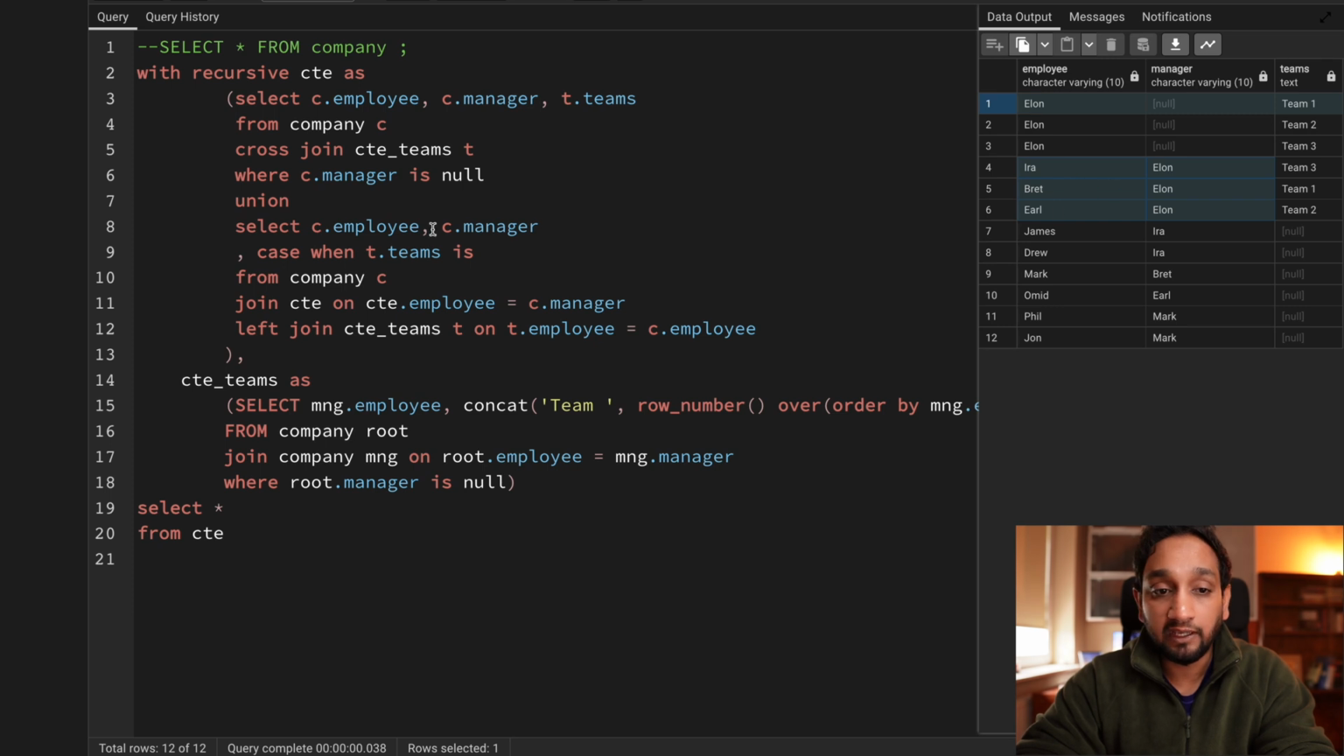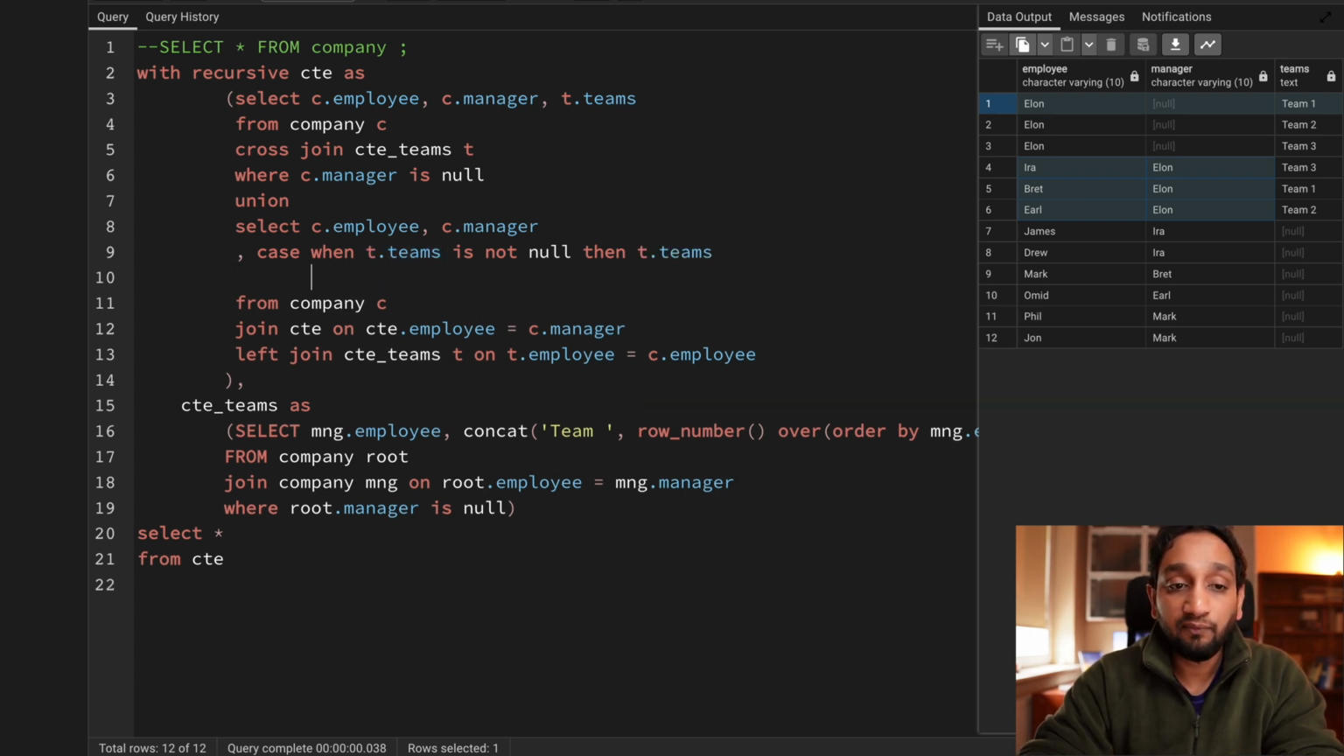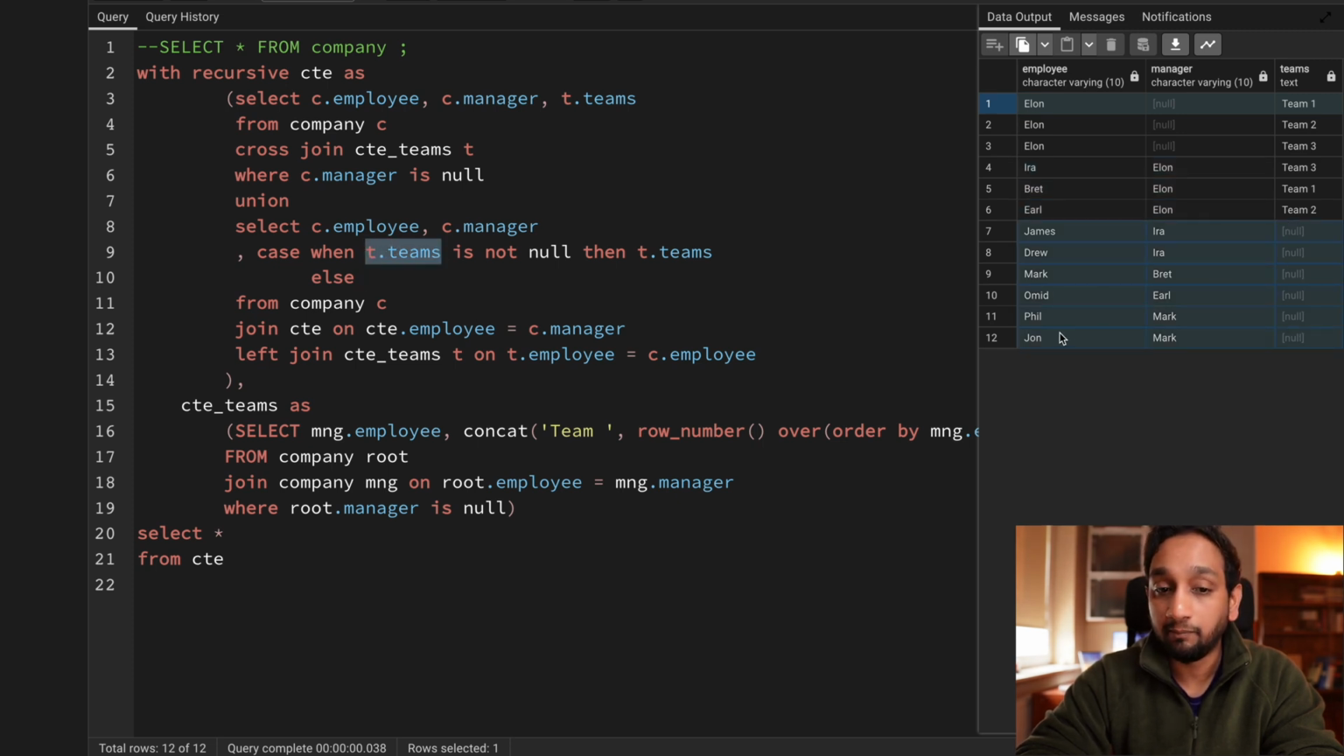So that means when I join it with my subquery, CT team subquery, I will get a corresponding teams value, right? So if this teams value is not null, then I want to directly take the teams that I get from the subquery. Okay, but let's say if I don't find anything, that means if the teams is null, that is for these records, because these employees are not there in the subquery, then for those what